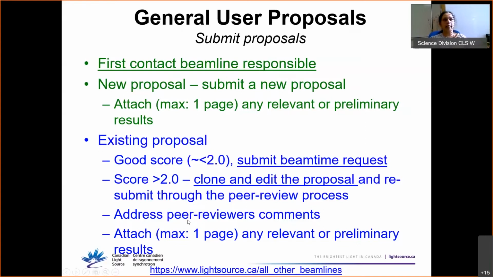There also you can attach 1 page in addition. For example, if you didn't get beam time in July to December, you write a proposal now, you didn't get beam time, maybe your score was 2.2. You can contact the beamline responsible to run 2 samples. And then you can use that preliminary report as an attachment and resubmit in August for the January beam time to get a better score. So there are different ways.